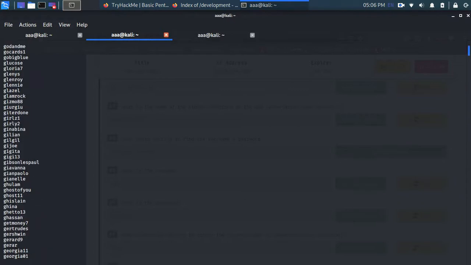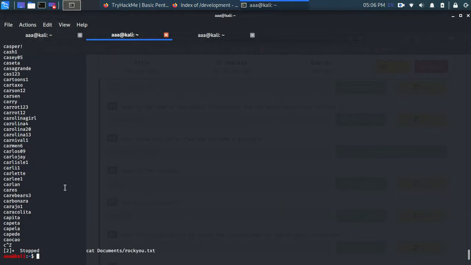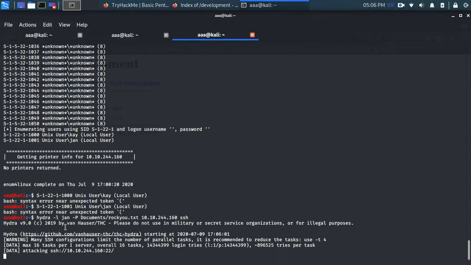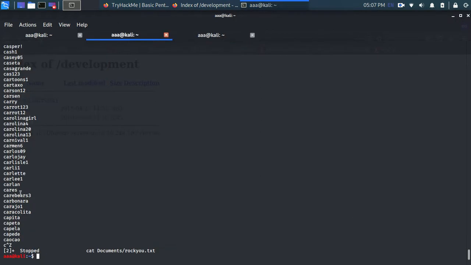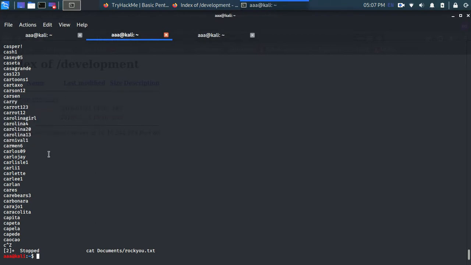It's still too many passwords, but you can assume that the Jan username was compared with each and every one of these passwords. Slowly it will go on checking each and every password: is this password correct or not.